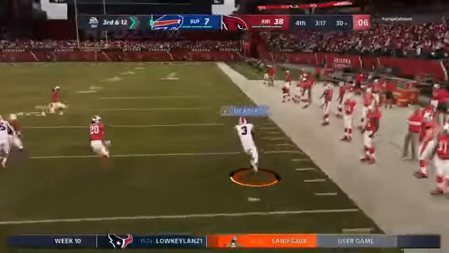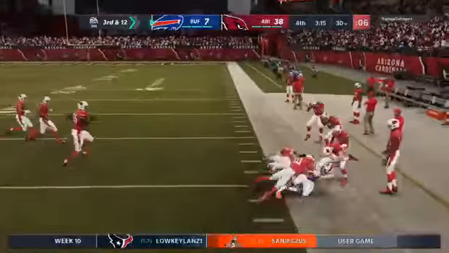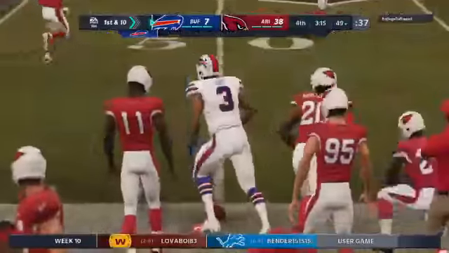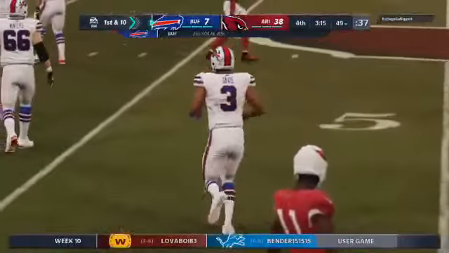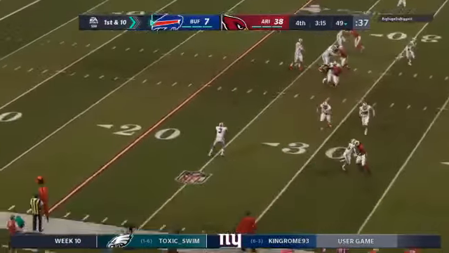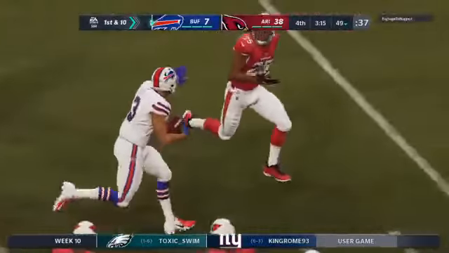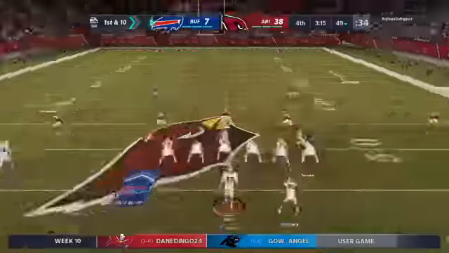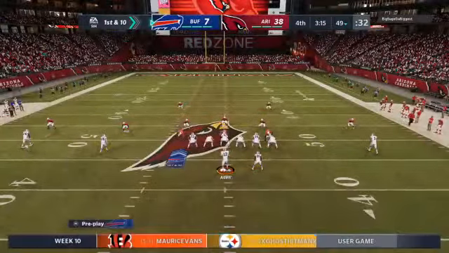Completes it to Davis. And he'll go out near midfield at the 49. They call it a gain of 19, and it moves the chains. First down, Bills. Well, this game was decided a while ago, and that completion there is going to artificially inflate his passing numbers. So right now, the only one really applauding is probably his agent as he thinks about angling for